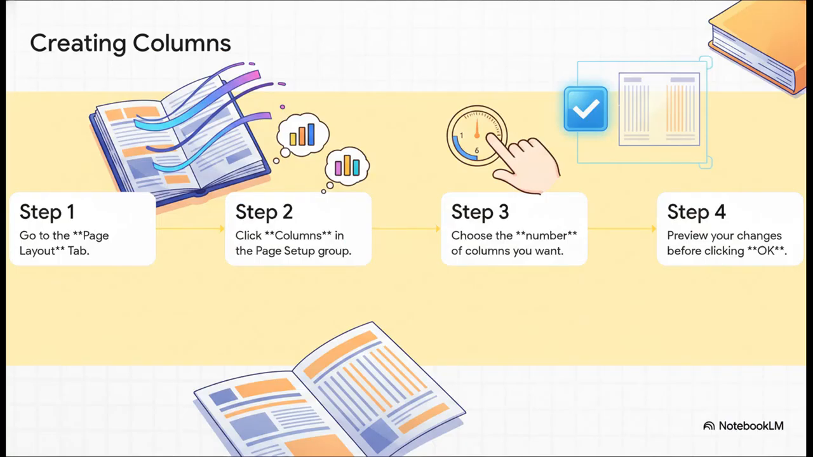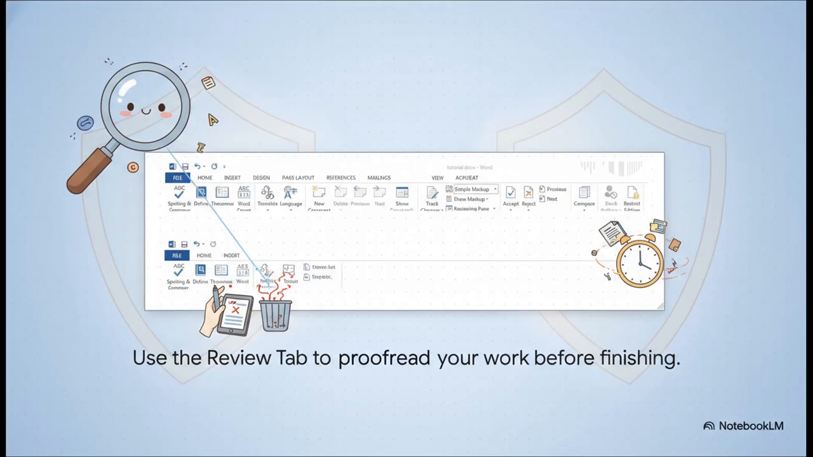So, do you know how newsletters or brochures have those nice columns? Doing that in Word is super easy. Just like you see here, you just pop over to the Page Layout tab, click the Columns button, pick how many you want, and it'll even show you a preview before you lock it in. It's that simple. Now, before you even think about printing or sending this thing off, there's one last crucial step,